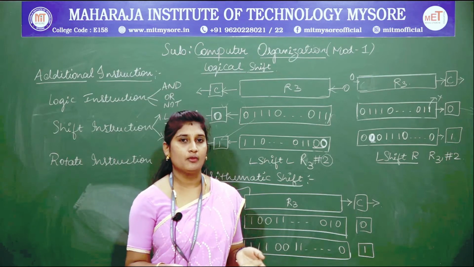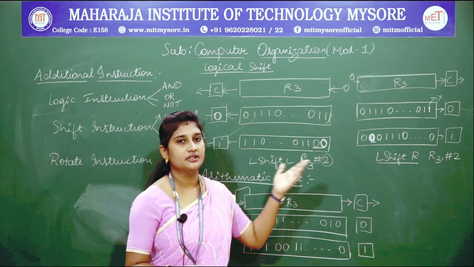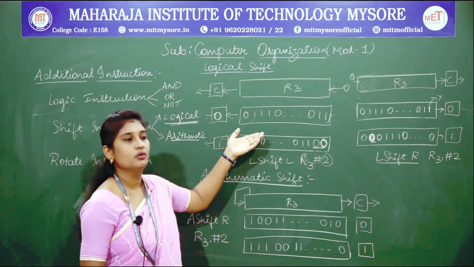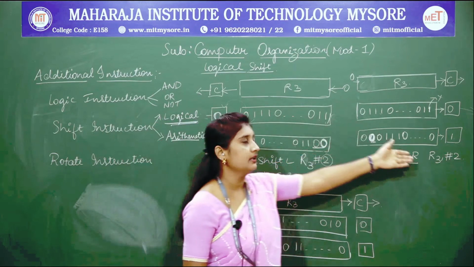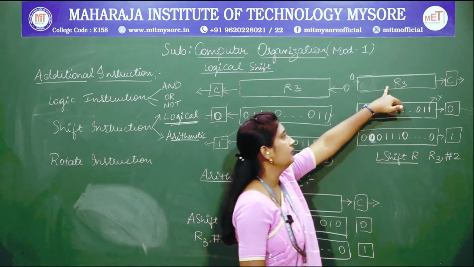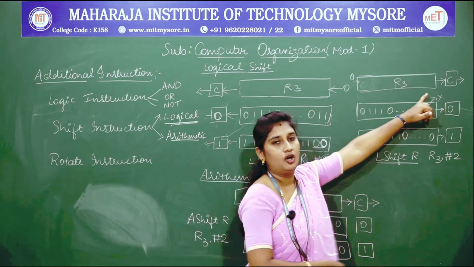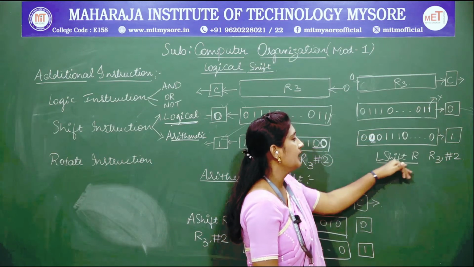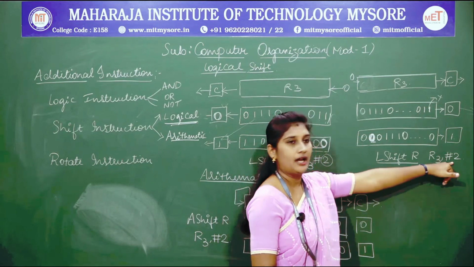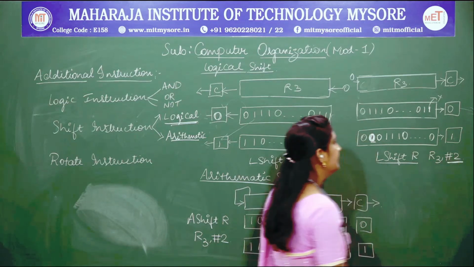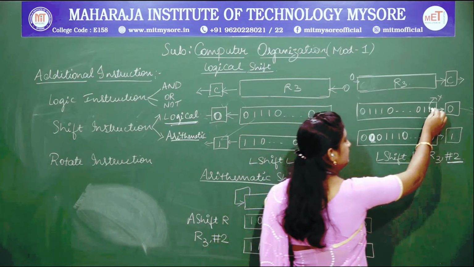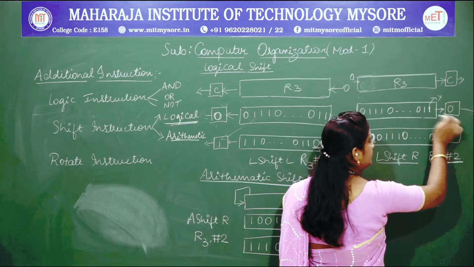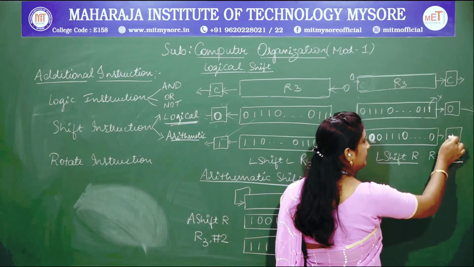So the next type of shift instruction is logical shift right. The same operation which you carry out towards the left, you carry out towards the right. The general format is to shift the operand 2 bit positions towards the right. That is why it is written as LSR R3, #2. So I need to shift 2 bit positions. In the first shift I lose the operand's 0, and the carry flag will be filled with 1.